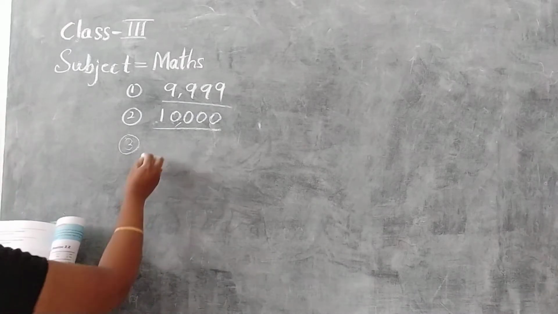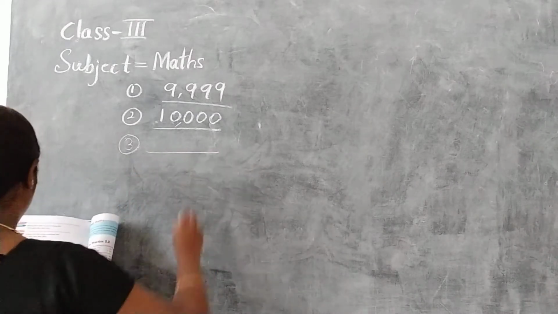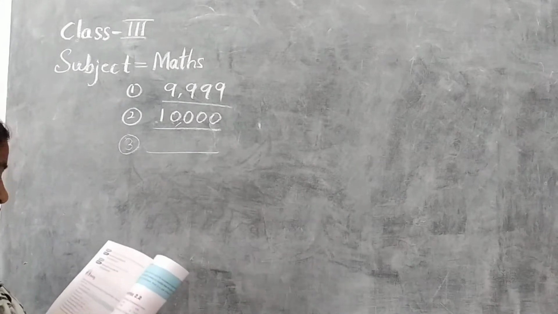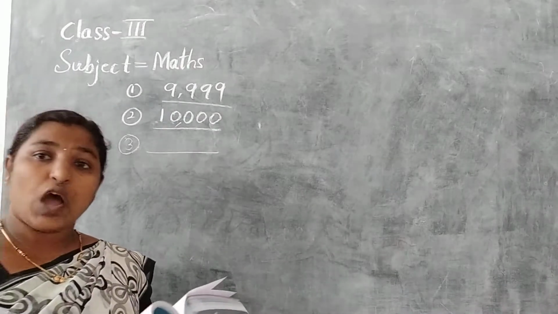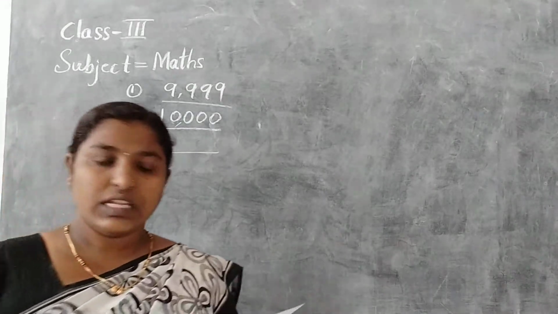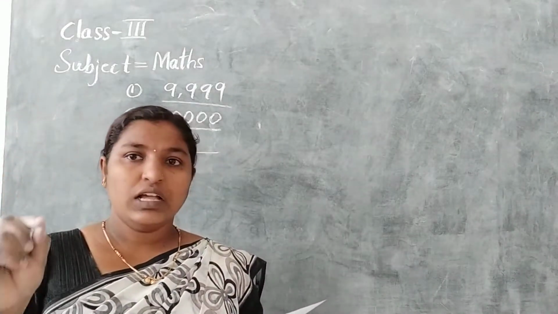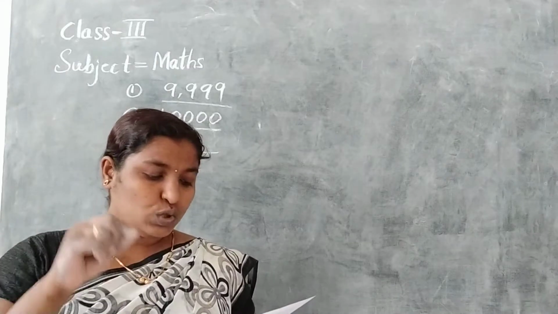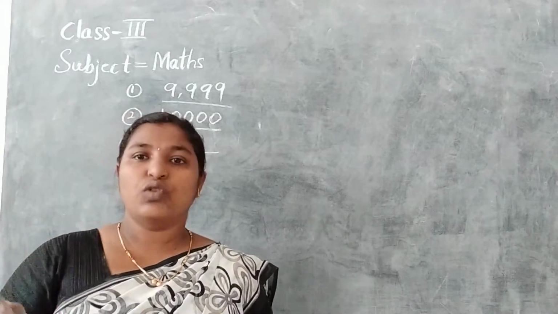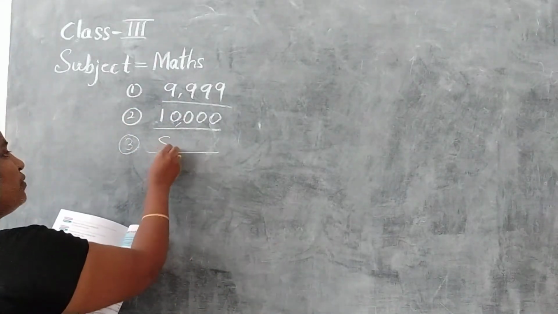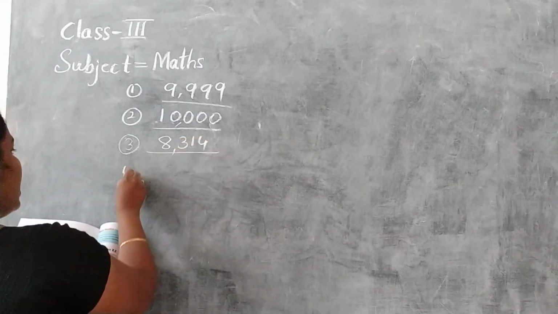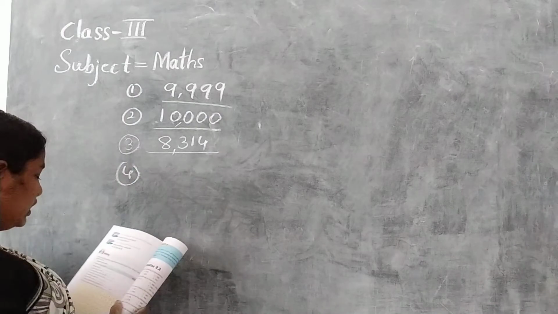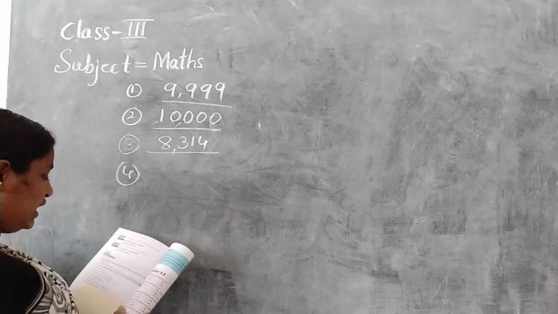1000 more than 7,314. So 1000 more than, in the sense you should add 1000 to 7,314. So the answer will become 8,314. And fourth one, the place value of 9 in